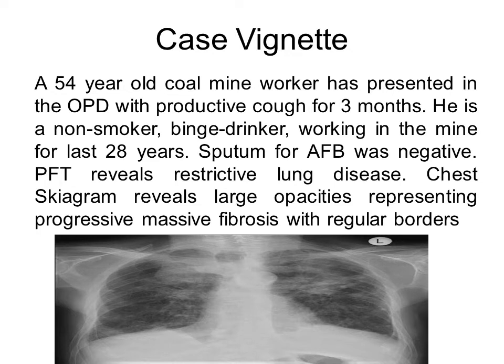This is actually a real life scenario. The X-ray of that patient has been provided below, and you can see well that in the perihilar region and the adjoining middle lobe, on both sides there is massive fibrosis with irregular border, and this fibrosis is more on the left side, and that's why the trachea has been shifted towards the left side.